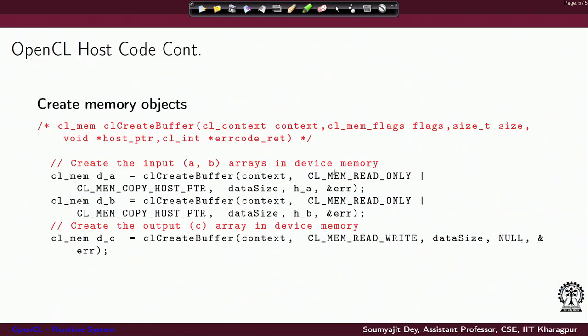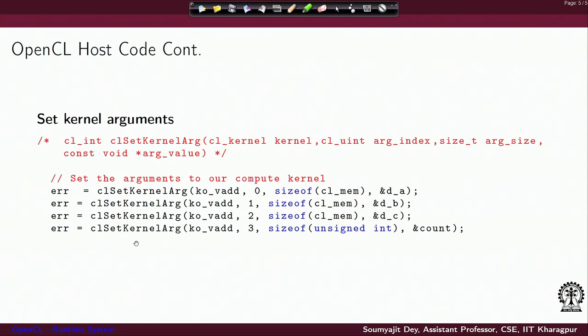So here you have also specified what operations are to be done, and they are related to the host side data structures HA, HB and so on. In this context you have also created the buffer where you want the output back, that is DC.